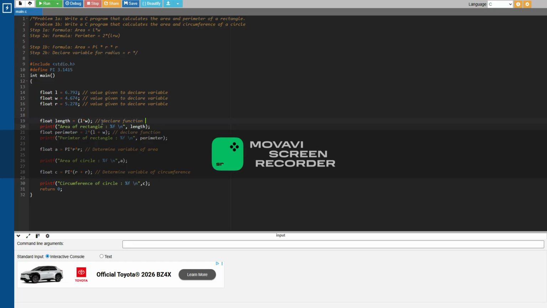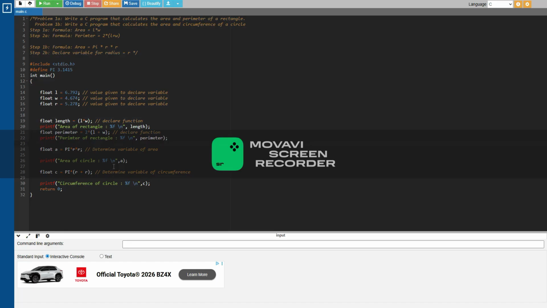First, we want to declare the function for the area. So area equals length times width, for the formula. And we are going to use that declaration within the print function. So here we have the area of the rectangle, we have the length, which is calculated from above,